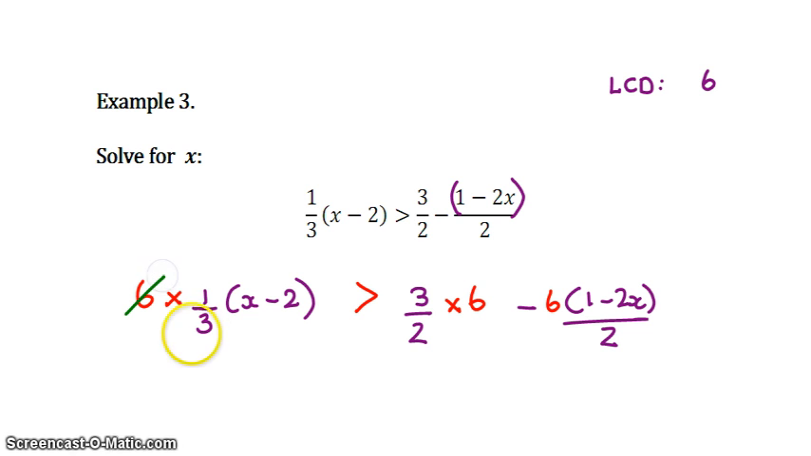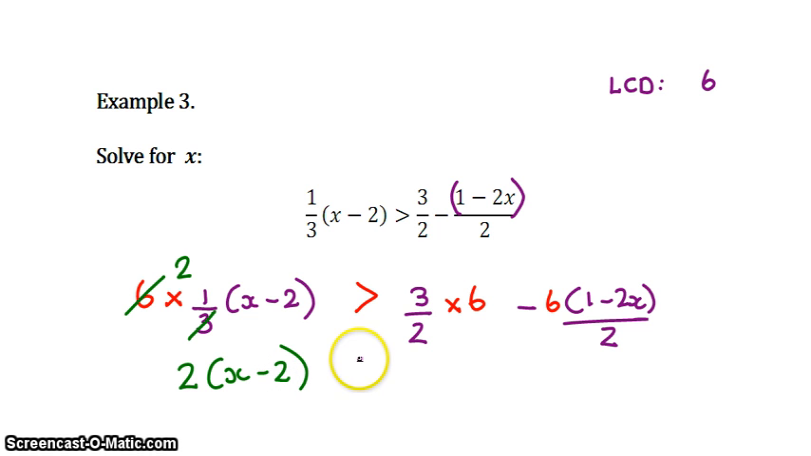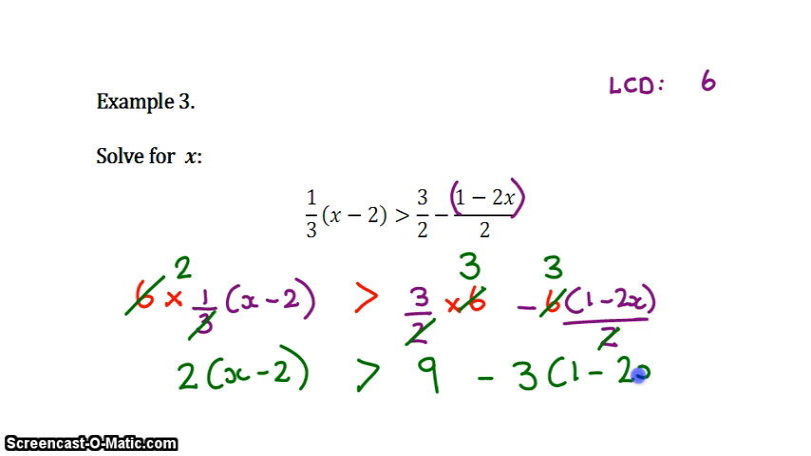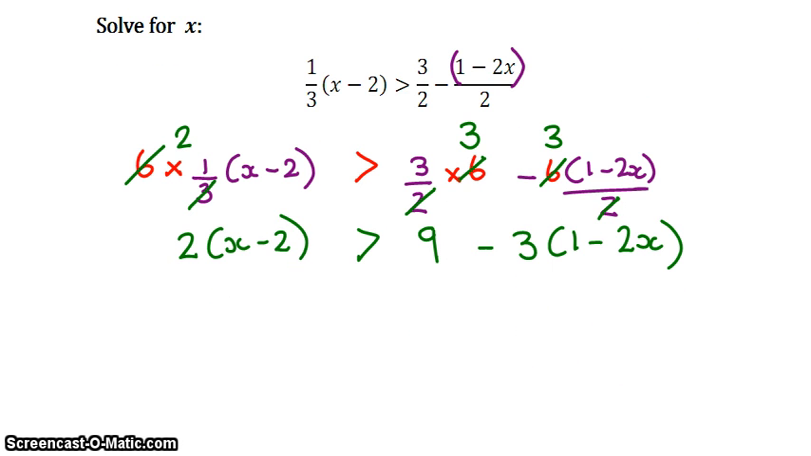And 3 goes into 6 twice. So I'm left with 2 times this bracket is greater than 2 goes into 6 3 times. 3 times 3 is 9. And 2 goes into 6 3 times. So I get minus 3. And look how important my bracket was. Otherwise, I would have forgotten that it's minus 3 times the whole numerator. And back to an easy linear